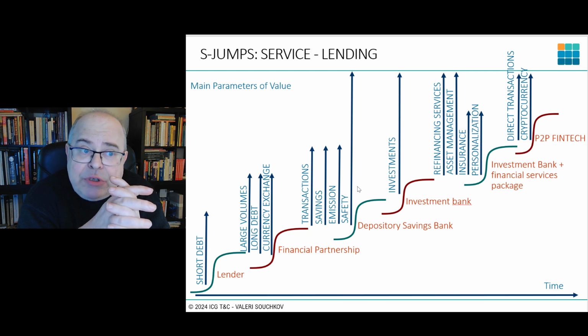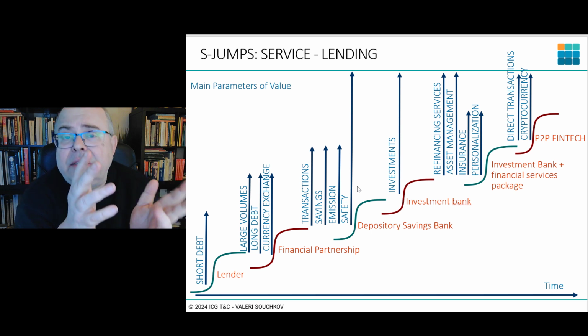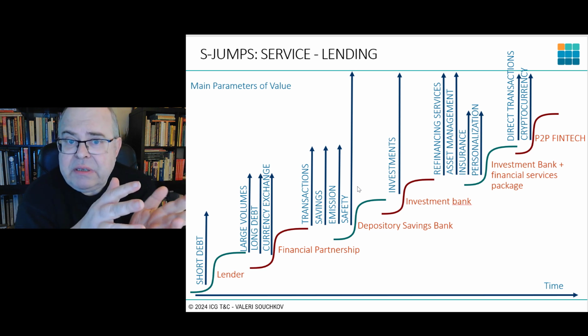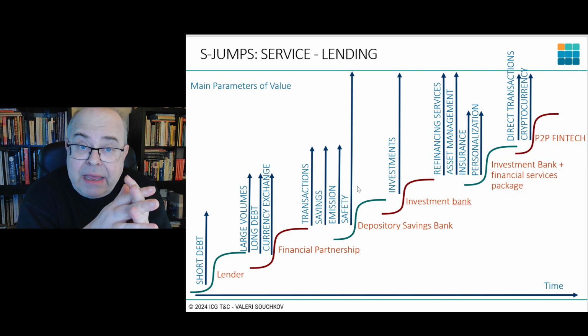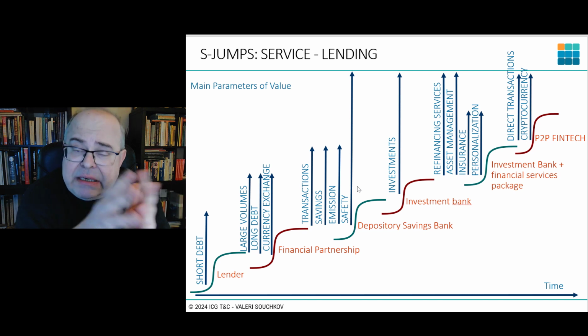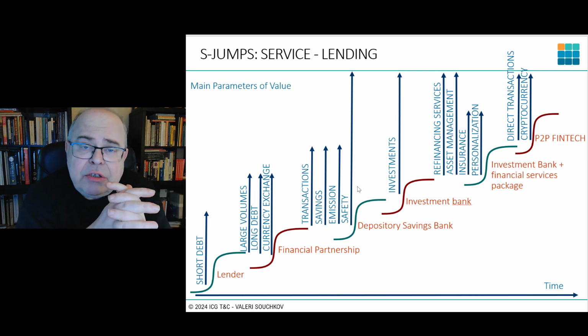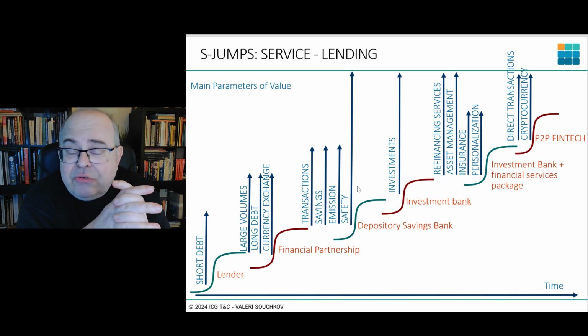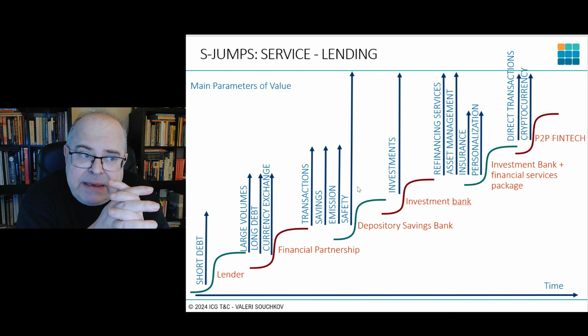Then the depository savings bank was created, which provided new services and new products, like business transactions. In the past, financial partnerships did not do transactions, but a depository savings bank can do transactions. It could do savings, it could do emission of a currency, and what's most important,